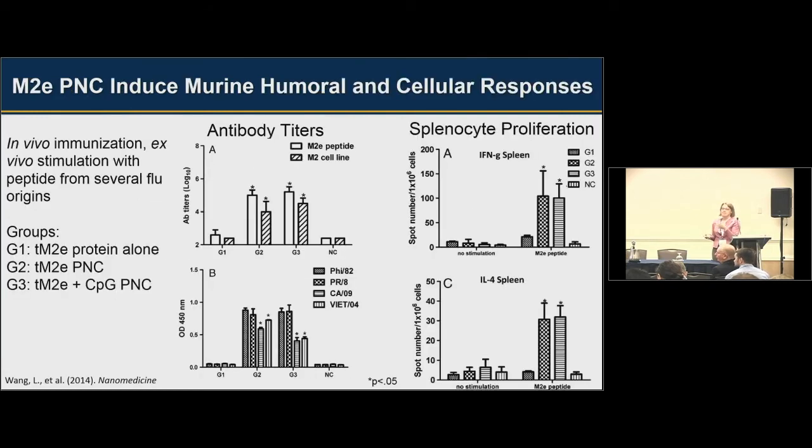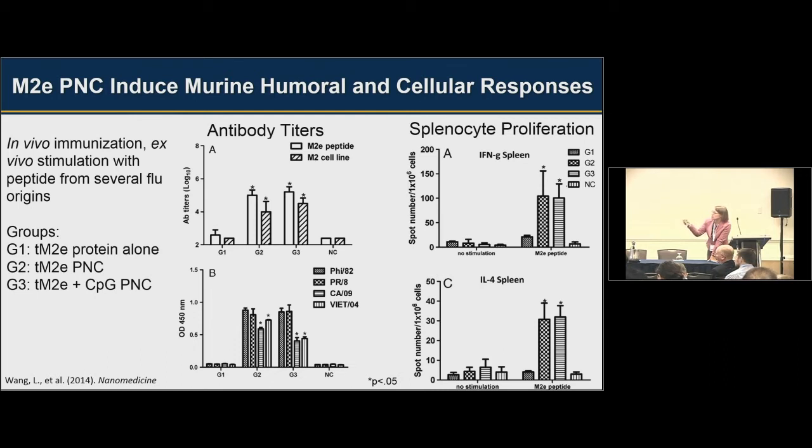And so when we made nanoclusters and immunized mice, using intranasal delivery, we measured antibody titers as well as cellular responses. I don't want to walk through all of the data and all of the groups in detail because it's a little bit hard to see. But group 1 is the soluble protein alone, while group 2 is the nanocluster, and group 3 is the nanocluster containing CpG, a nucleic acid adjuvant, thinking that if you add another adjuvant, you might get a beneficial response. And actually what we were surprised to see is that group 3 never performed any better than group 2,